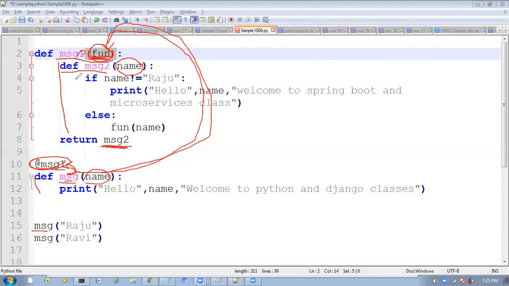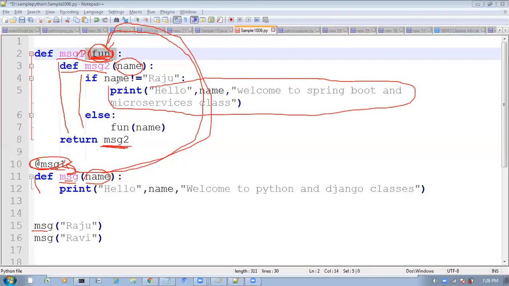Right. So now inside that inner function, what are we doing? Here I am checking the condition. Is the name you are providing Raju or not? If the name is not equal to Raju, then execute this print statement. Suppose the name is Raju, then in the else part, whatever you are getting as the input, the same function I am calling in the else part.